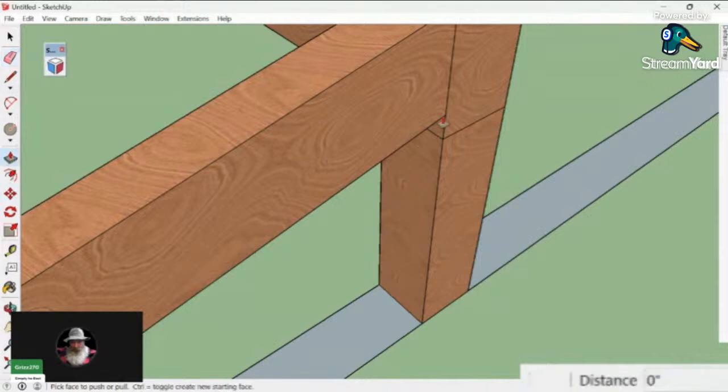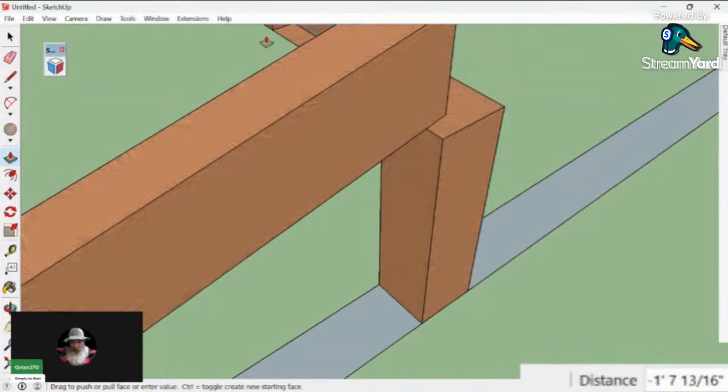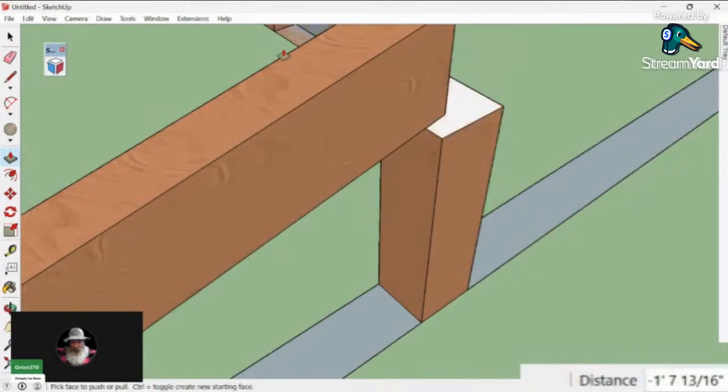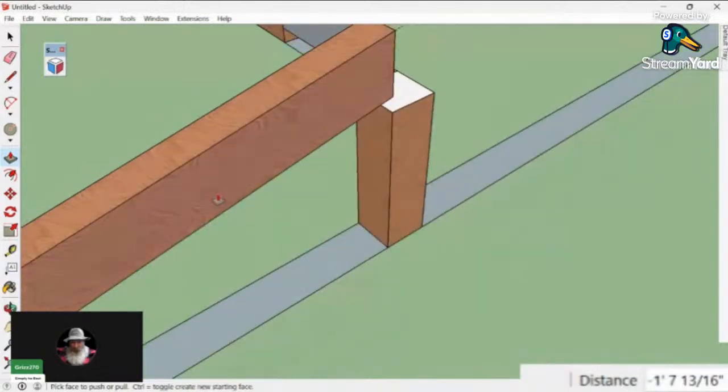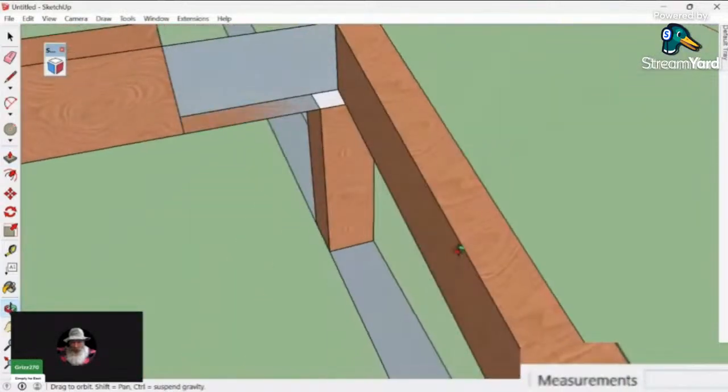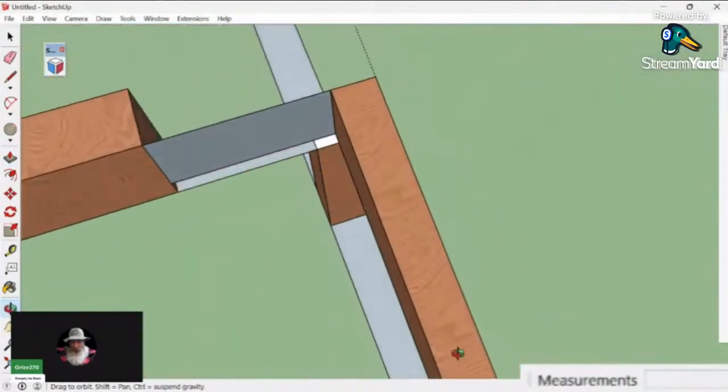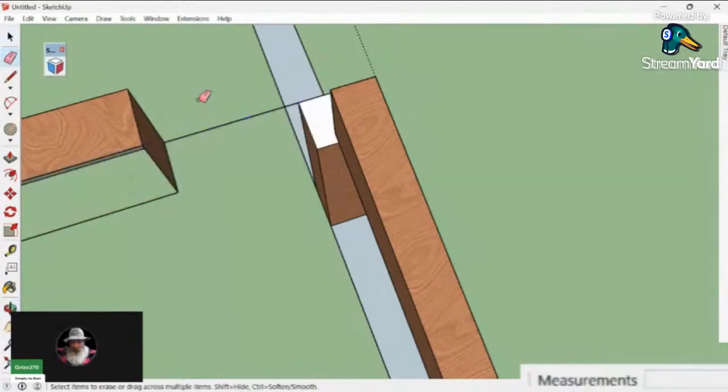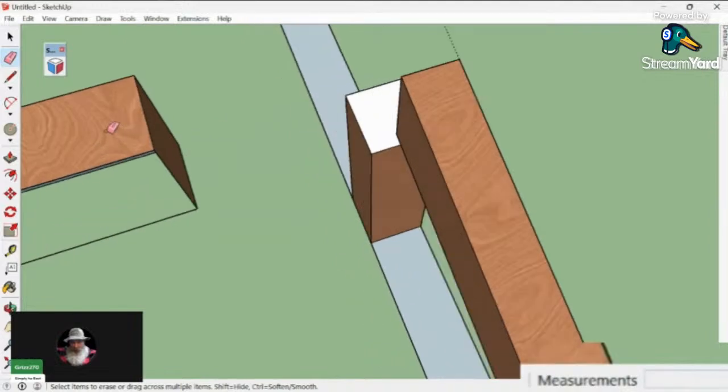Let's see here. What does it do now? Still the same thing. Let me see what's going on here. Well, let me just wipe some of this stuff out. And then